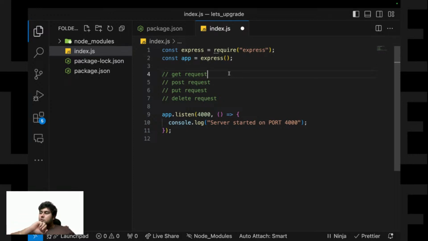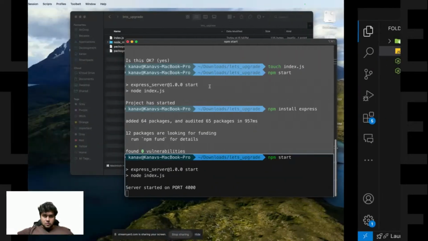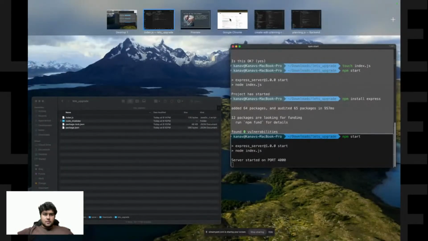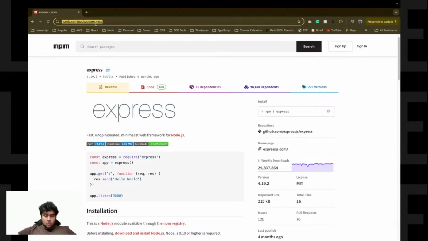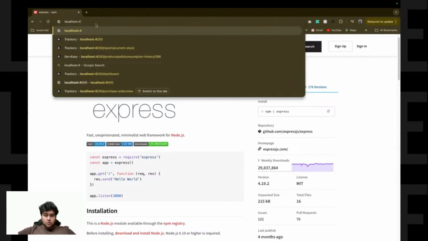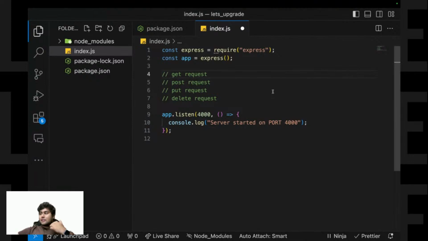Yeah, we have to use localhost 4000 to run this, the same way we did it in the HTTP module. So if I show you here, if I run localhost 4000, see, okay, wait. Why has nothing happened yet?